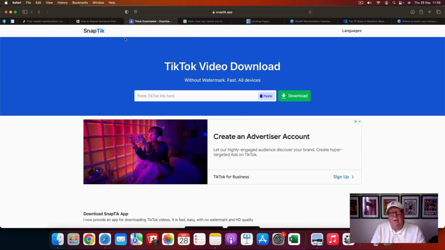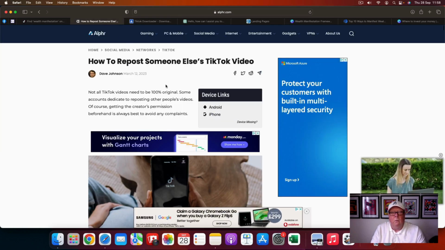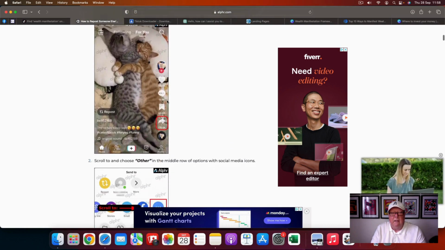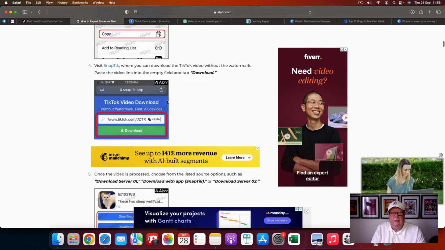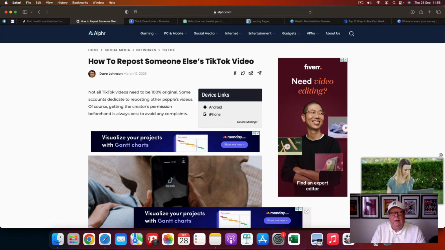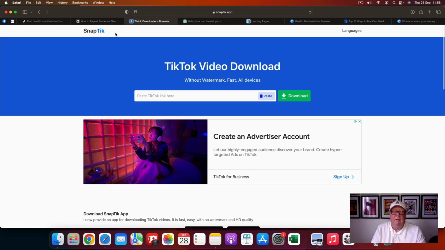So the software, one of them, well, there's different softwares. One of them is Snaptic, and this Snaptic is being used by this person. So I'll send you this link, this step by step, how you can do this. Saves me doing it on the video. You can just read that. But I'll leave this link in the description, and as well the Snaptic downloader where you can download the videos